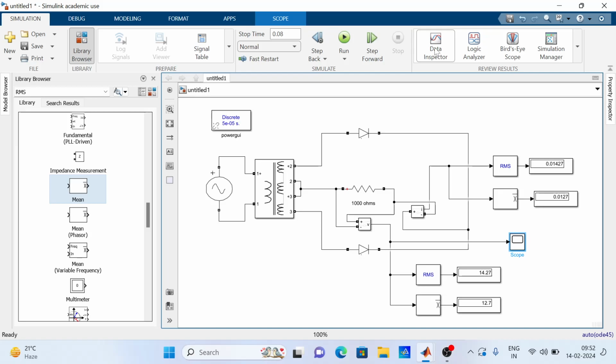Now I will explain how to get the RDC value. Maybe in the examination I may ask to find the values of VDC, IAC, IDC for the capacitor filter also. If I ask for both values, go to the foundation library.